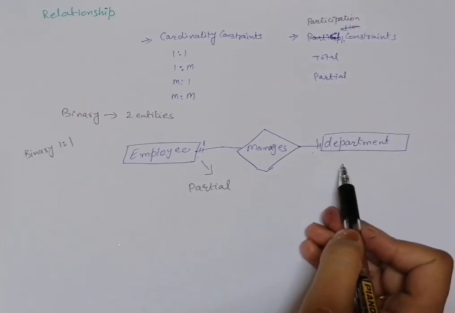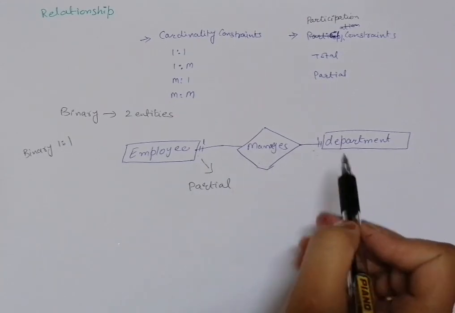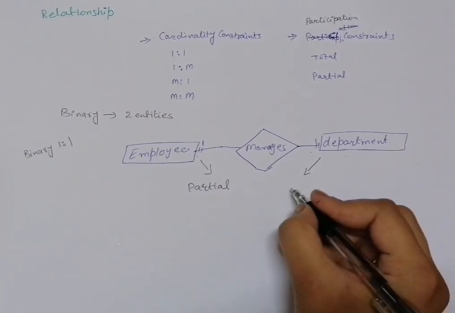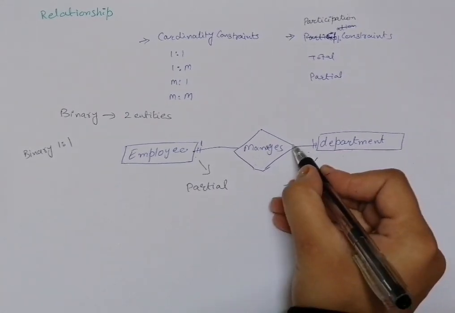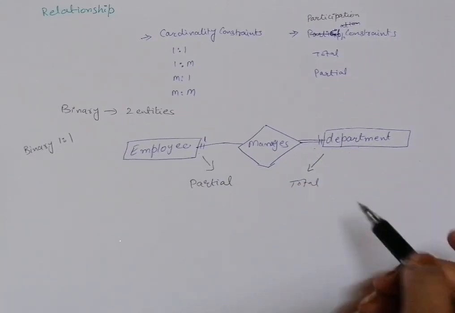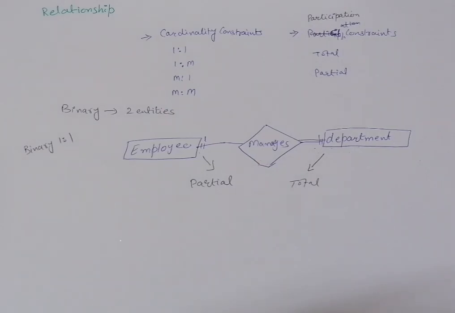Okay, so now when we talk about the department, every department has one manager. So every department instance has got a manager. So it means it is participating in which sense? Total. All the instances are participating in this particular relationship, and in order to represent total participation, we write it like this, a double line, showing that this entity has total participation in this relationship. Okay, so whenever you encounter this type of situation, what you do is make the primary key of the partial participant a foreign key of the total participant.